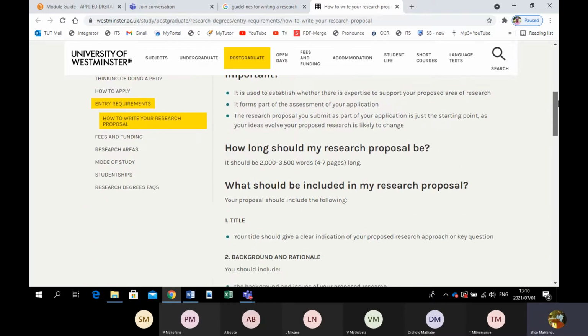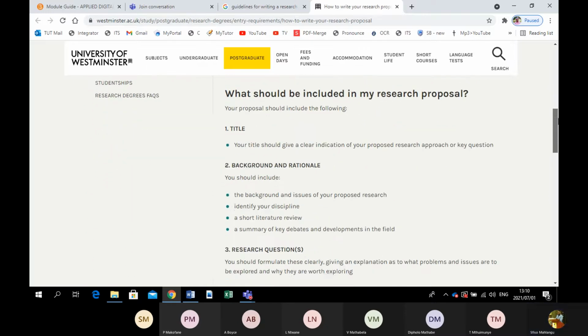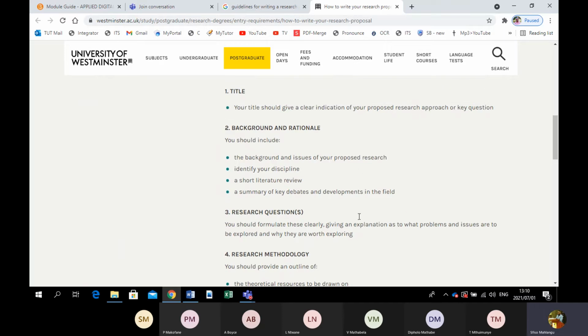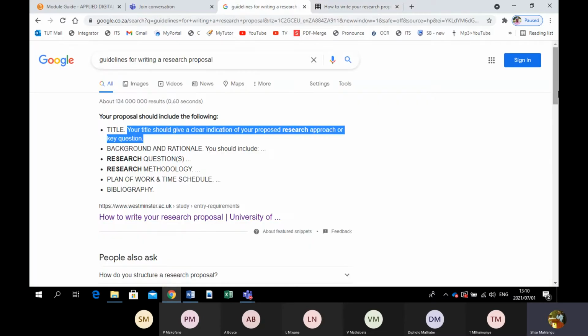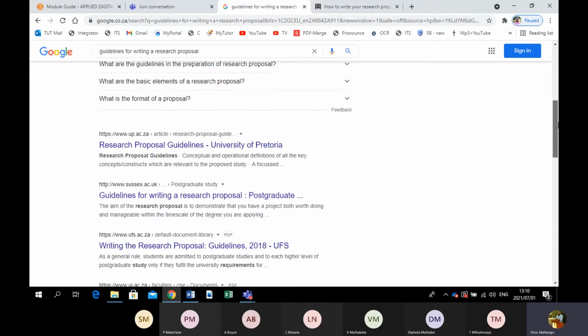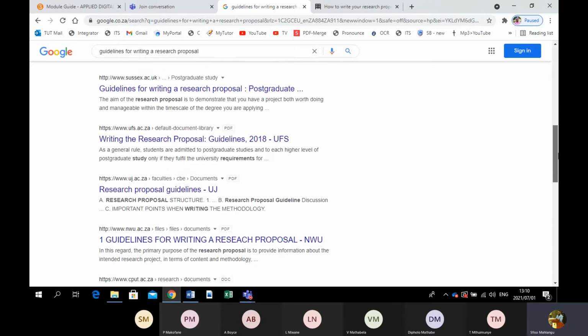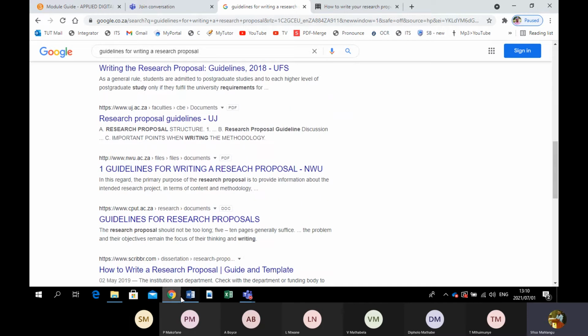And as soon as you go to the source, you will see they give you some of the information. And once again, this is just a random source that I've chosen. You can use so many different sources that tell you how your title should be in the assignment